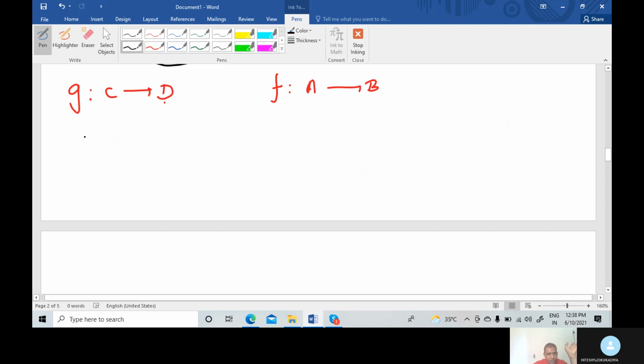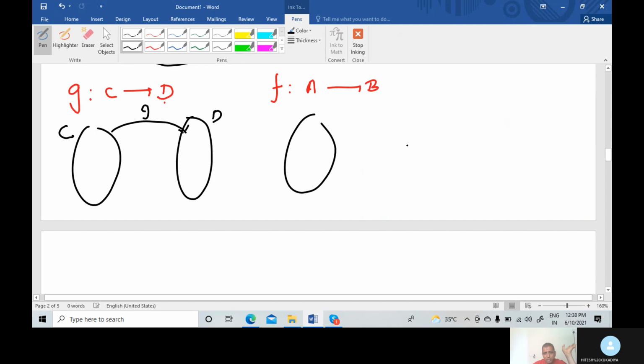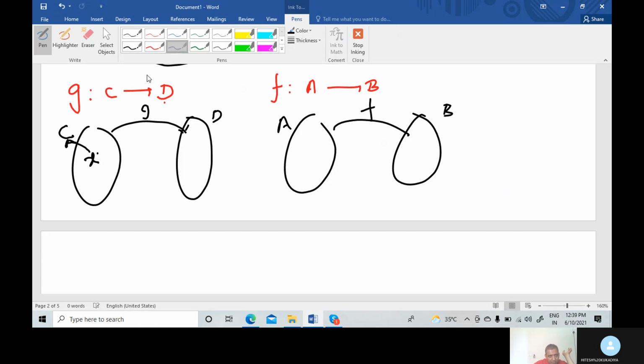Now again we repeat the definition and figure. Now look here. This one is the g function, domain C, codomain D. Now we draw the Venn diagram of the f function, right, domain A, codomain B. Okay, now the function is g. Here x belongs to C. Now you can put the x value in the g function. So you get the answer g(x). Is that clear? Okay, it is called the range of g.